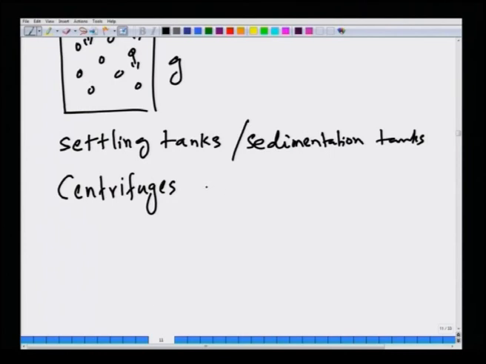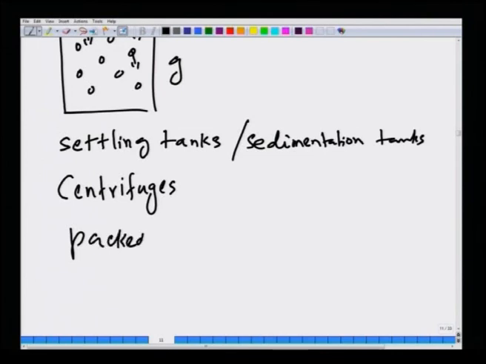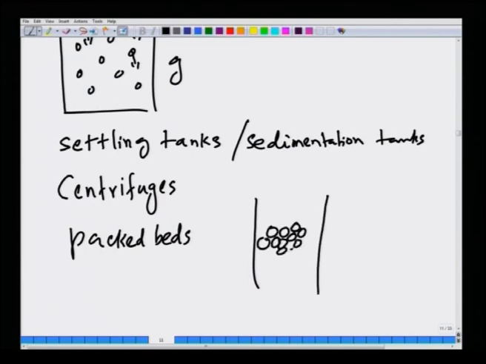Here again the driving force is settling, but under the influence of centrifugal driving forces. And you have other unit operations such as packed beds, wherein you have a bed of particles which are in close contact, and there is a lot of gap in between the particles and fluid is flowing. Fluid is flowing in the interstitial gap between these particles, and there are also other applications such as fluidized beds,